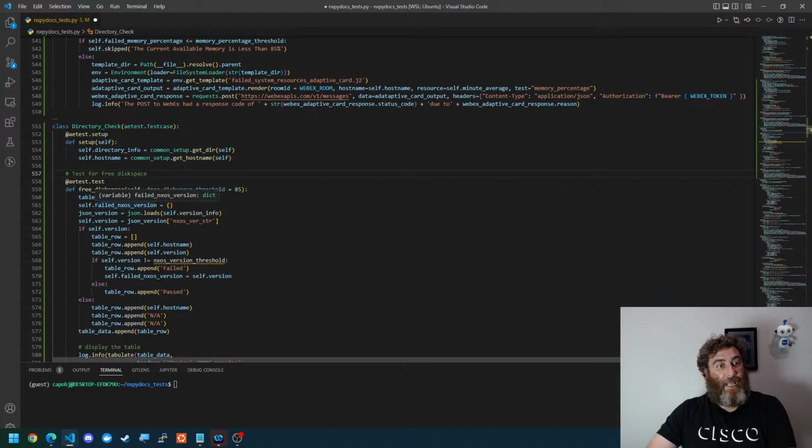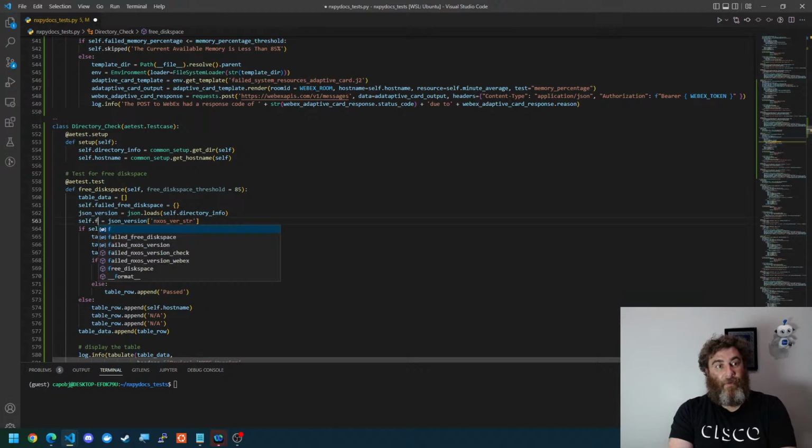And then we're going to have self.failed free disk space. And what we're going to do is, so we're loading up the JSON version, the JSON loads of, and it's not self.version_info, it's self.directory_info. And then we can do self free space equals,